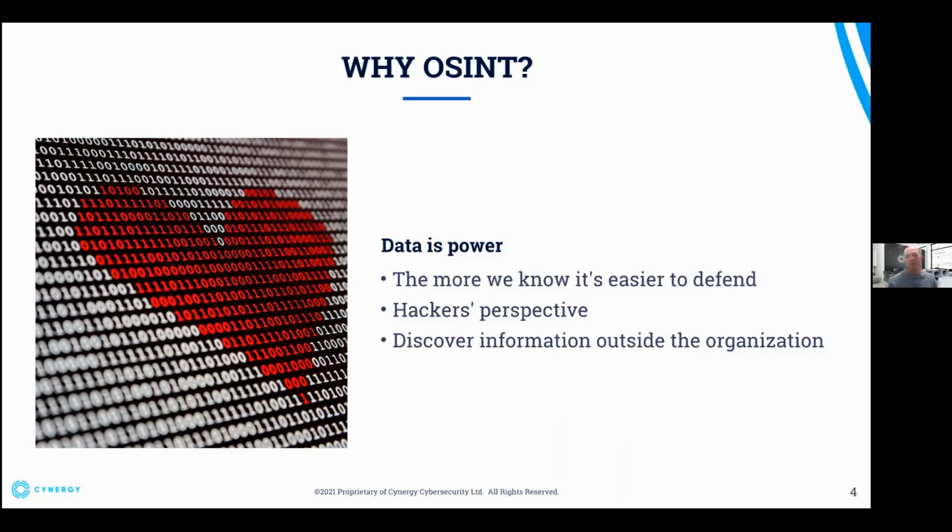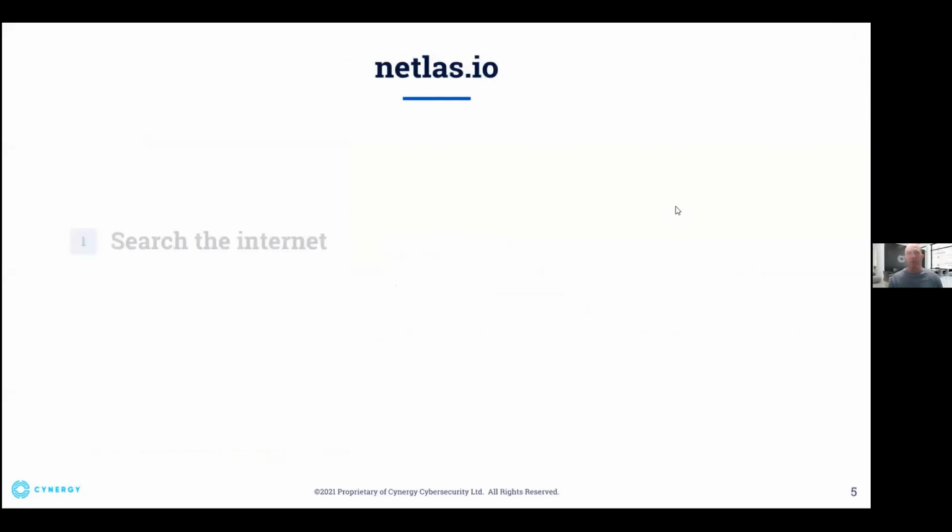And the last bit is the discovery of information outside the organization. Most of the time, we have very good know-how regarding what happens with our employees and our organization inside, but we don't understand what happens on social media, maybe publications that are relevant to our business vertical, etc. So it's always good to have visibility regarding what happens in the outside world.